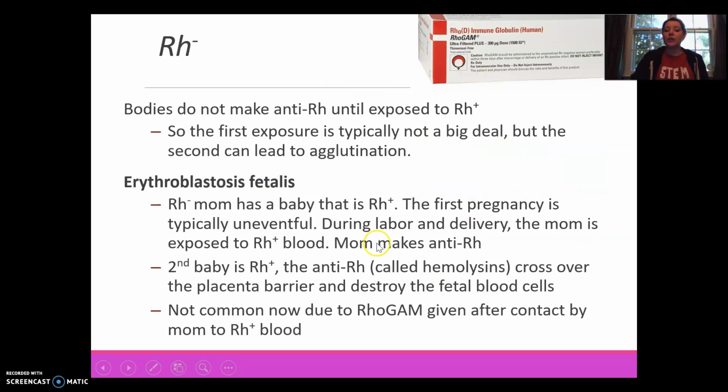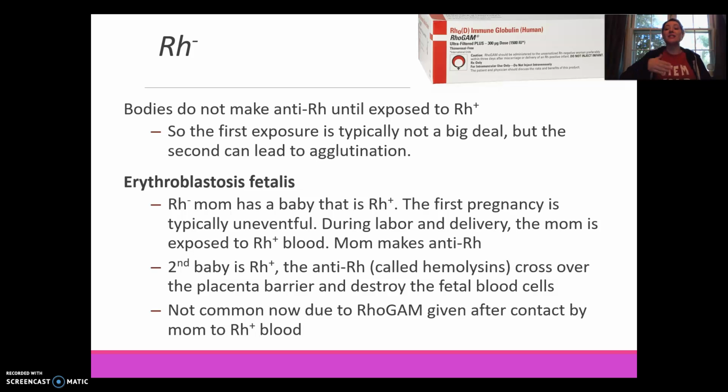All right. So there's this other little piece that's pretty cool: erythroblastosis fetalis. This is when you have a negative mom. So it can be A, B, AB, or O, but it has the negative. If the mom is negative and the baby is Rh positive, the first pregnancy is usually not a big deal, because when the positive and the negative blood meet during labor and delivery, it'll go over that placental barrier at some point, and it's not a big deal the first